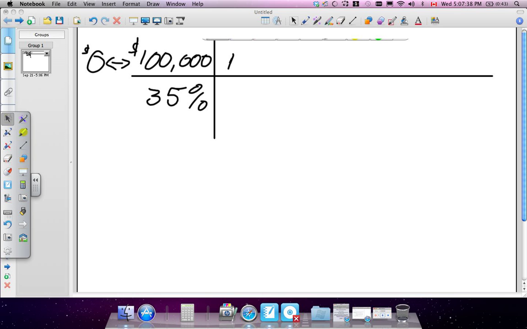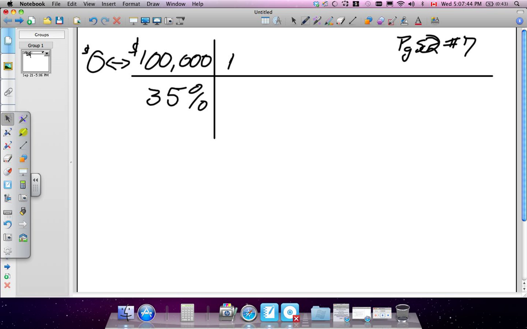Okay, question number 7. What page is it? 52. Page 52. There you go. All right, so they said between 0 and 100,000, you pay 35% tax no matter what amount